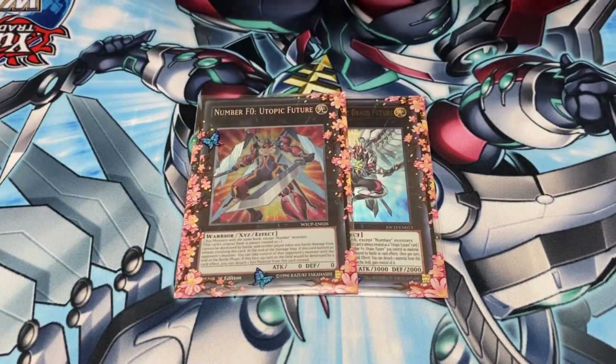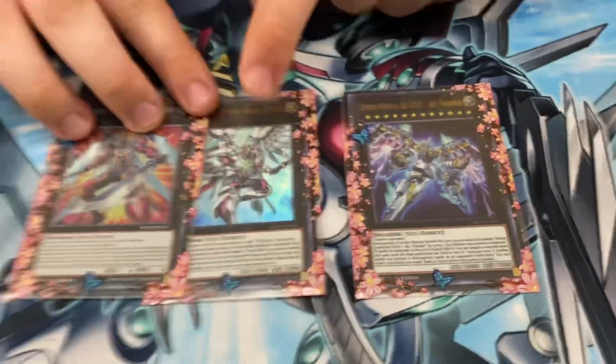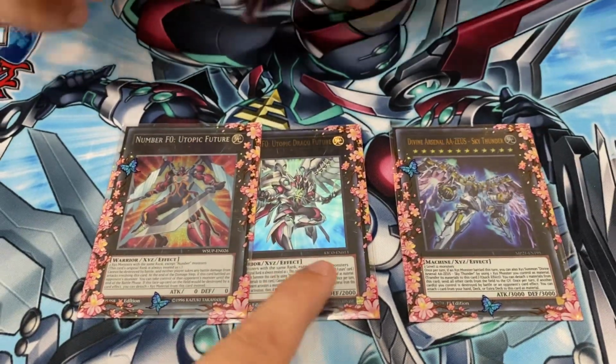So then we're going to the F-Zero package. And then the last Exceed is the Varn Zeus. Yep. This is a monster negate you take. This is just send all cards. Yep, that's how you get your